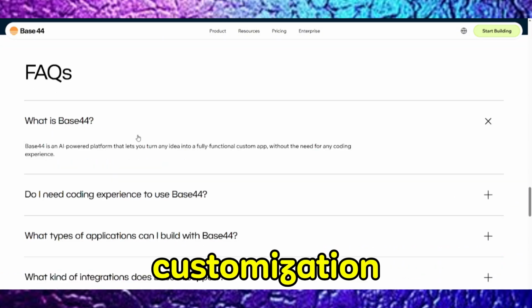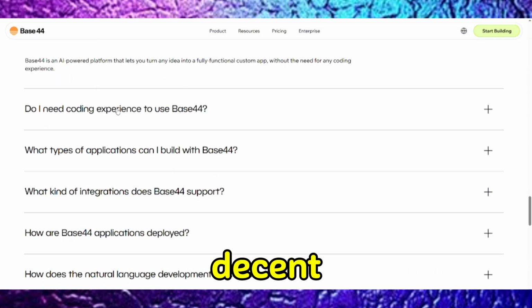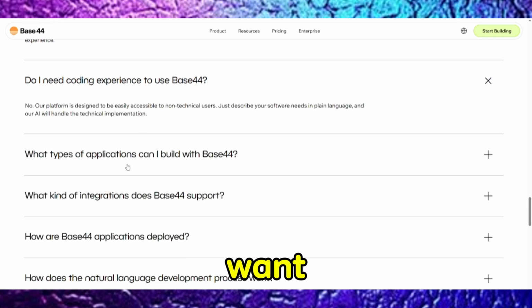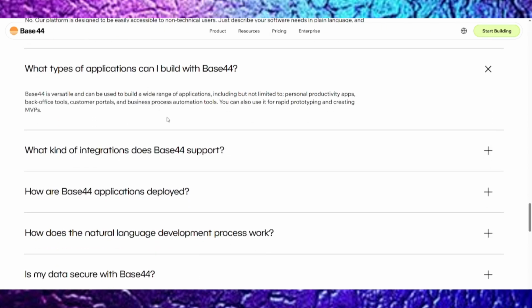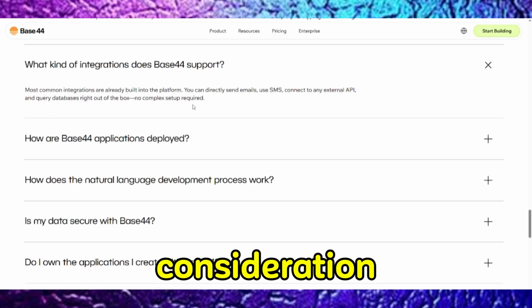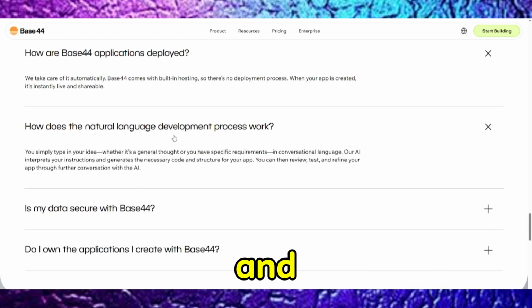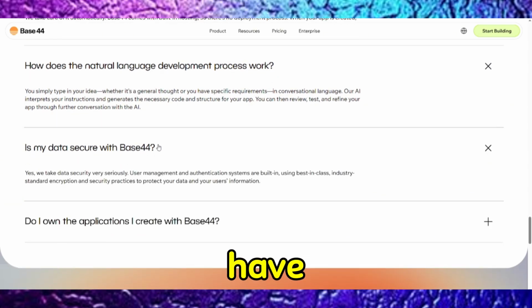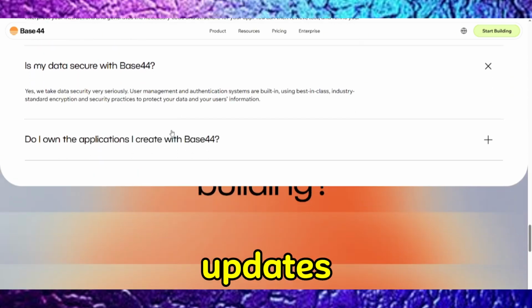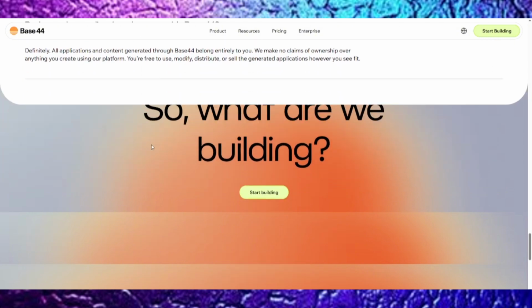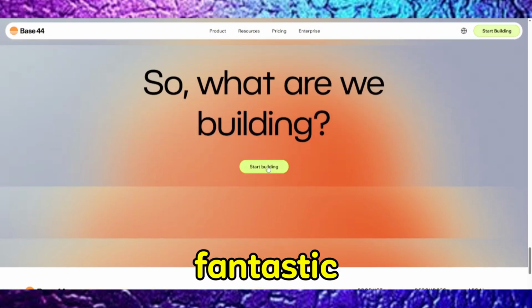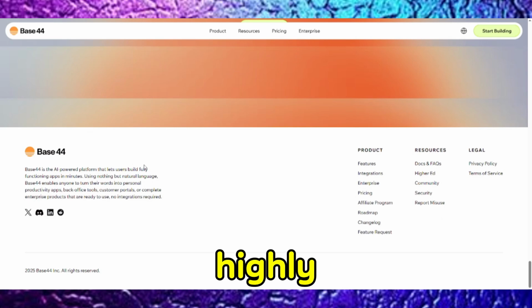On the downside, the customization options, while decent, might feel restrictive for advanced users who want more control over their app's features. The pricing structure is another consideration. While there's a free tier, unlocking the full potential of Base 44 requires a subscription, and the costs can add up. Some users have also reported occasional bugs, though updates seem to address these over time. For quick, simple apps, Base 44 is a fantastic tool, but if you're aiming for something highly complex, you might